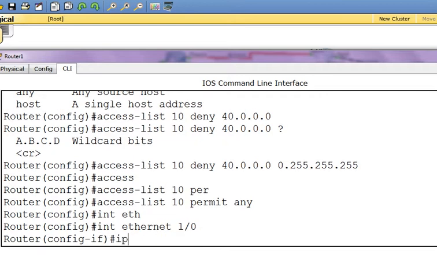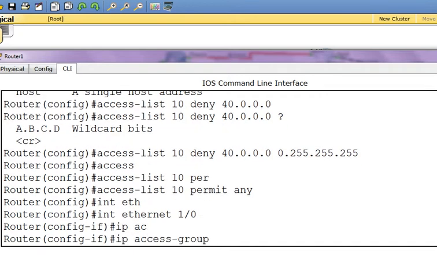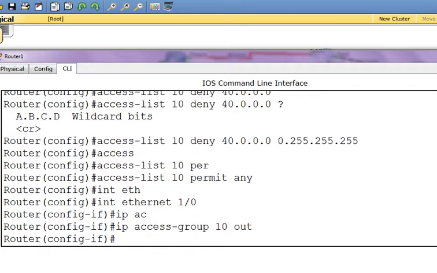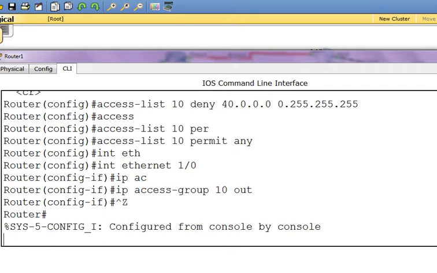Now I type ip access-group. The number for the access list was 10. I'm binding it, telling it not to let this group get in, so I say out. Finish.